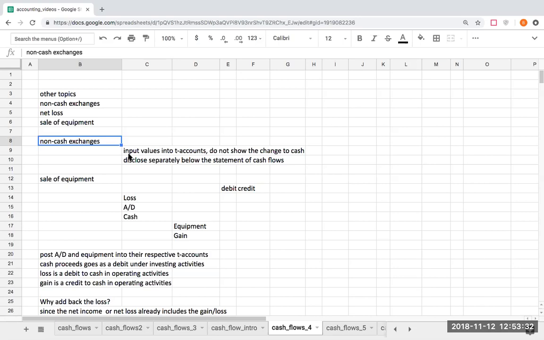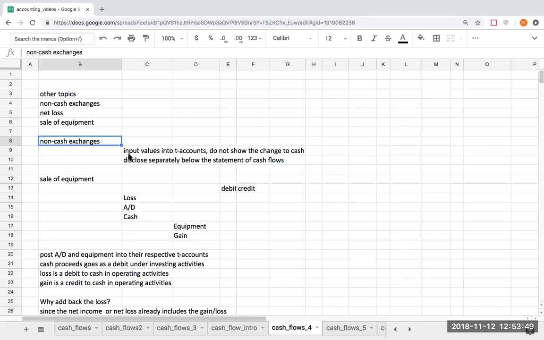The reason we need to put them into the T accounts is that if we don't, it's going to look like that equipment or that patent or the stock or the bond was issued or was paid for in cash,